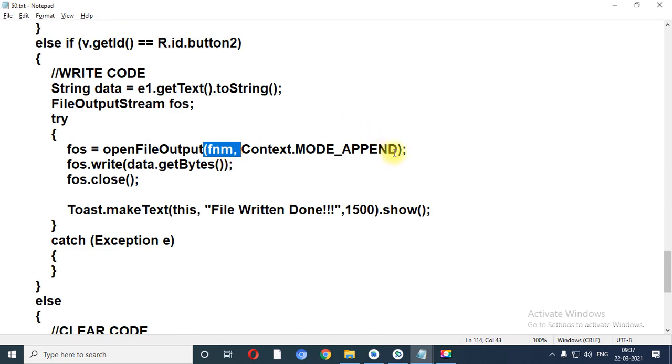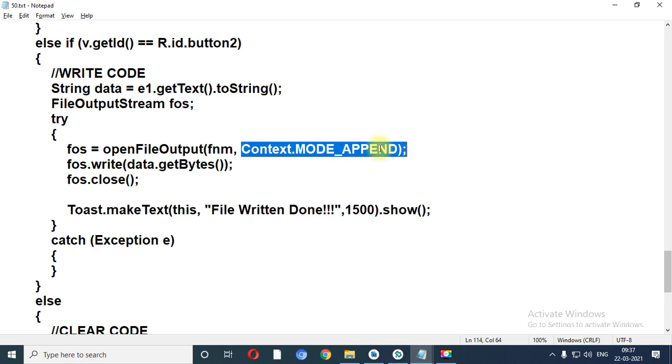So now I need to define the mode. Remember one thing, in the shared preference concept, I declared my file as a private file. But over here the mode would be append. Why have I taken append mode over here? Because I want to preserve the content which I have placed before, that means I want to preserve older data.